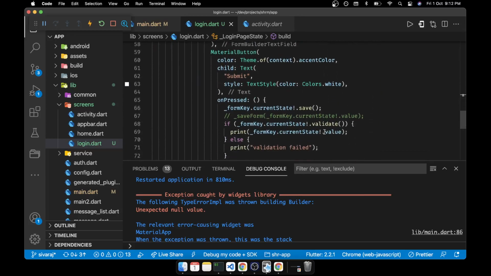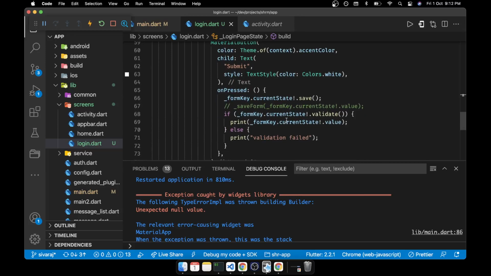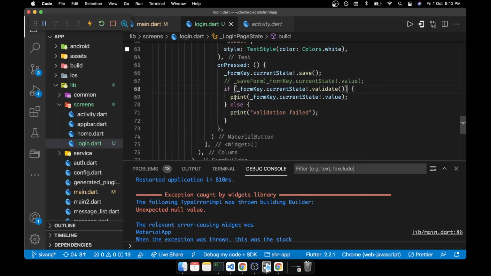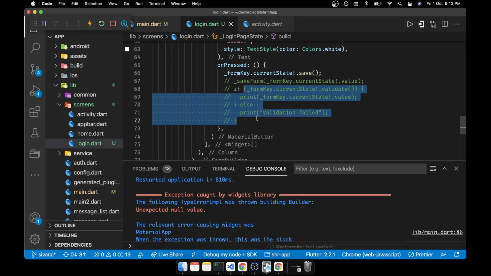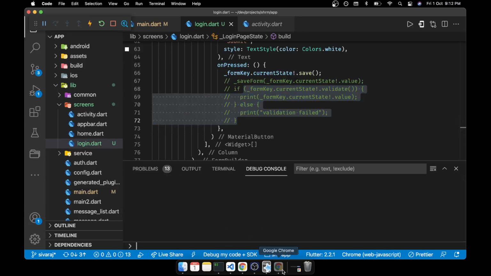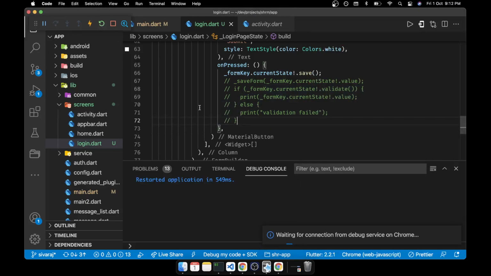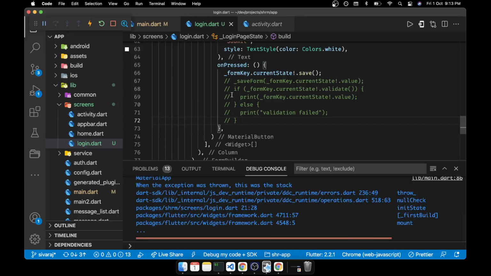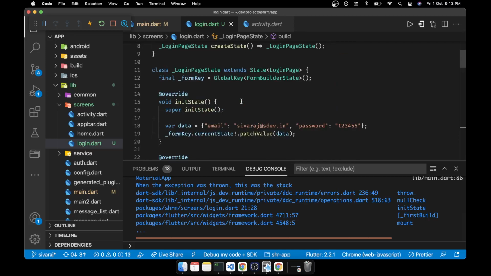Set context okay, save is, this is anyway unpressed only. We'll try to comment this, we'll see. Okay, so there is no problem here, so the problem is only in this particular line.